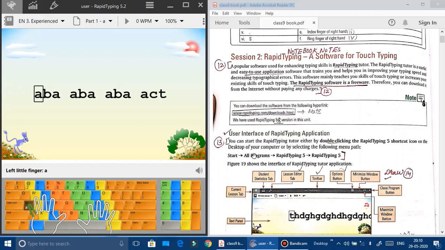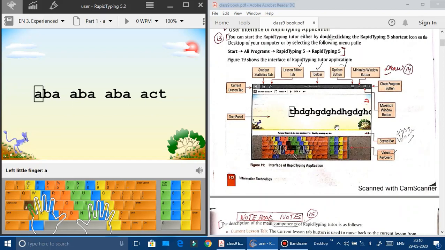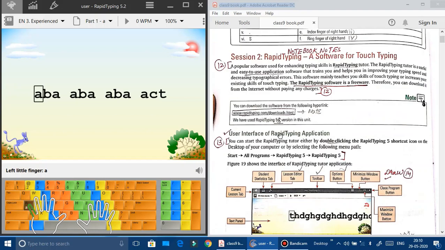So how to start it? For that you need to go to the start menu, all programs, and click on the Rapid Typing 5 application, then it will get opened. Now let us study this particular window. I will be demonstrating the components, but you need to make notes of this. The marking again I have done. I hope you have prepared the previous notes according to the markings. So keep on noting down the markings in your notebook in your own language, or you can use bookish language if you are not comfortable with your writing skills.